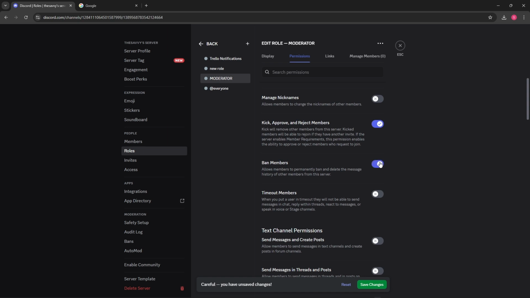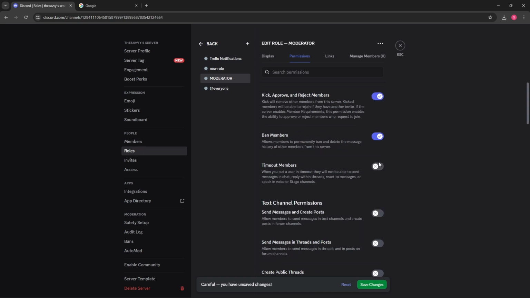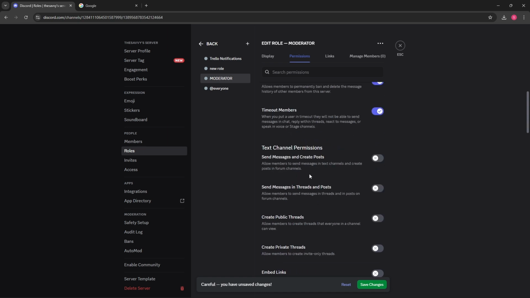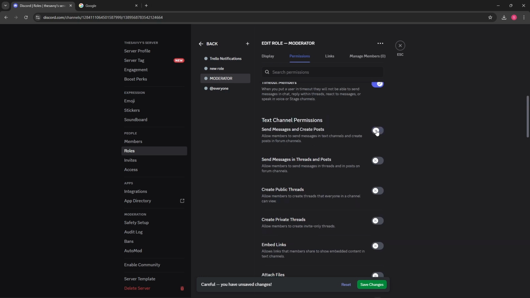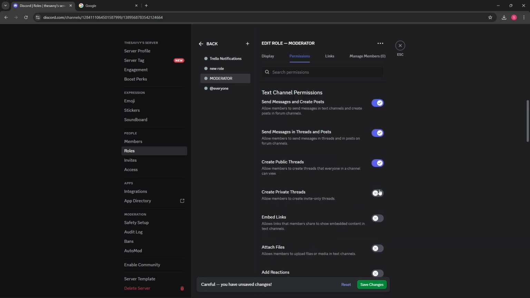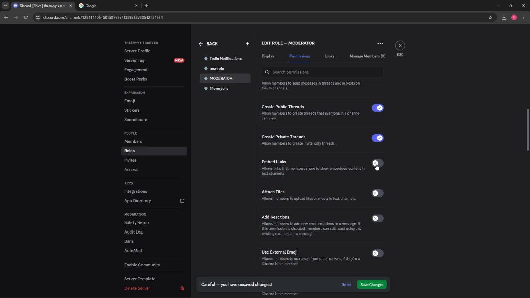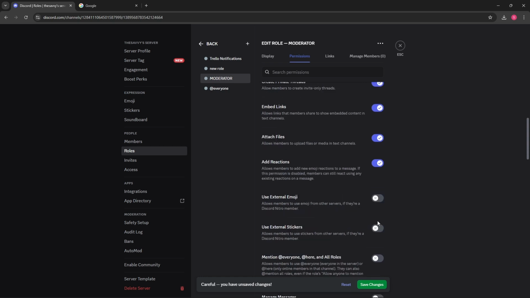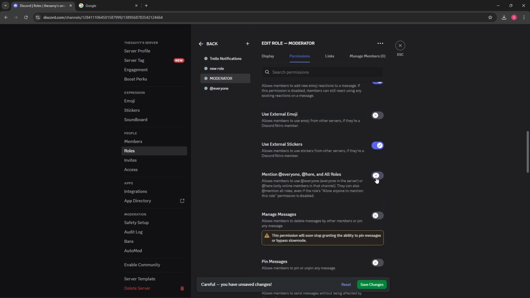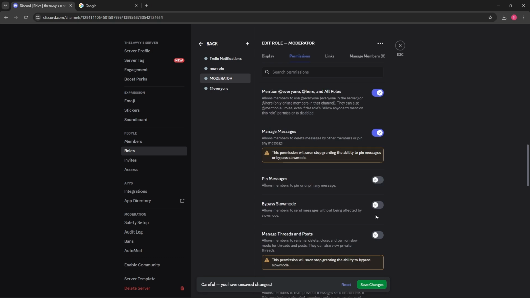They could ban members or even time out. And of course, make sure to have the text channel permission turned on over here. So pretty much this will be depending on you. But to have a more flexible moderator, of course, make sure to turn everything on so they can manage your